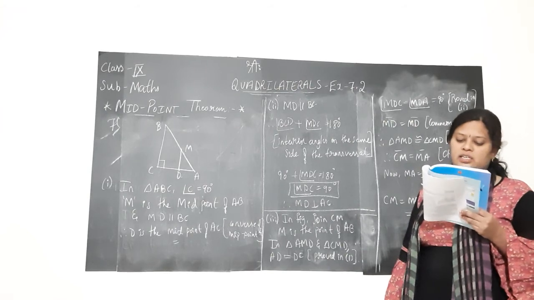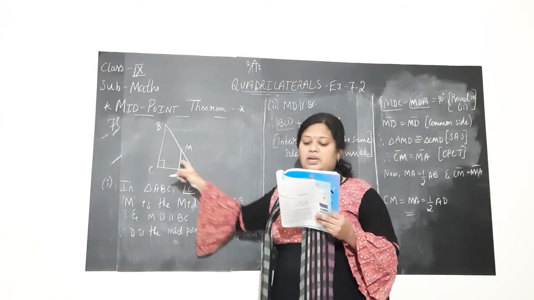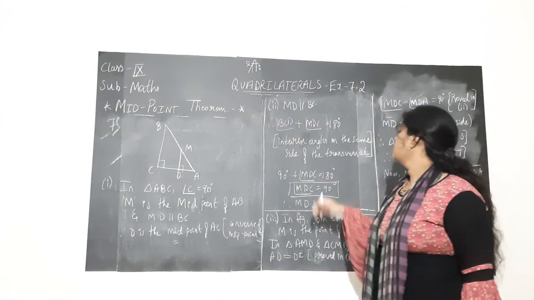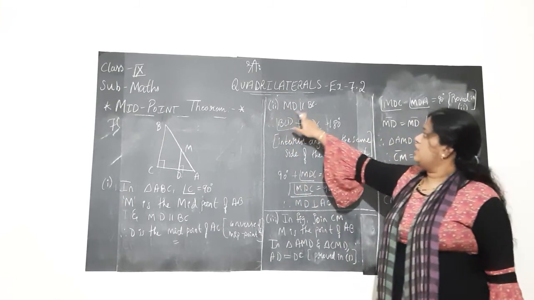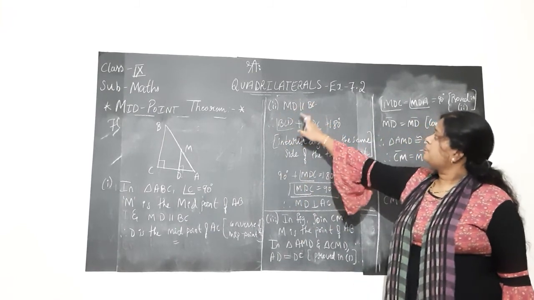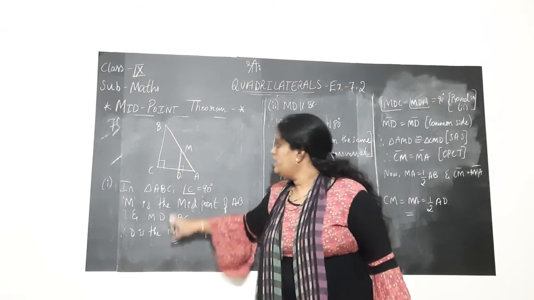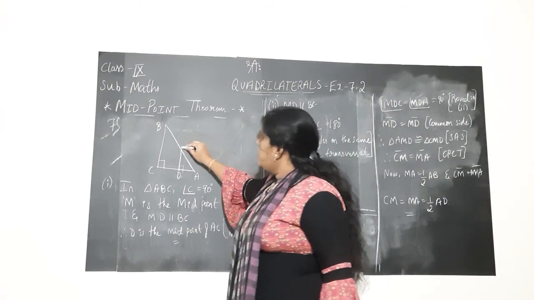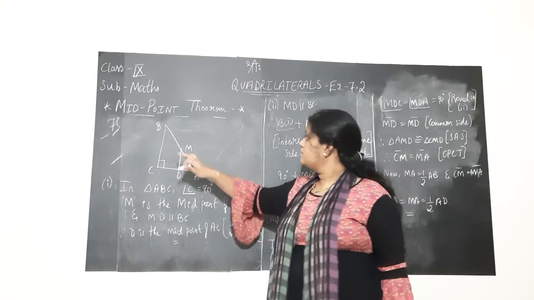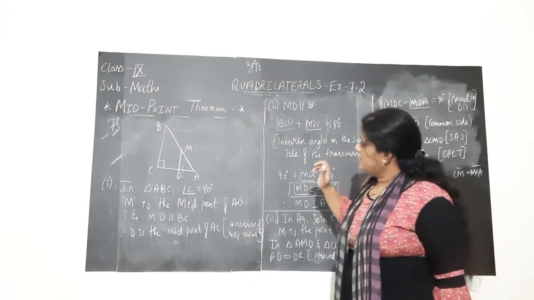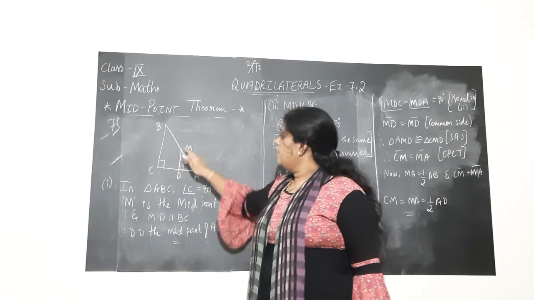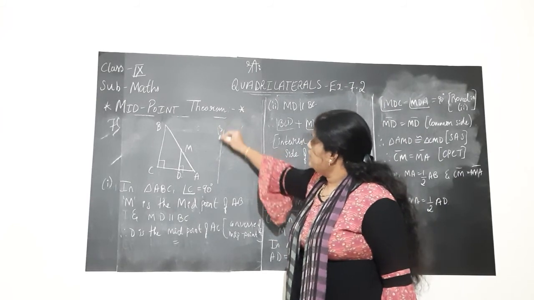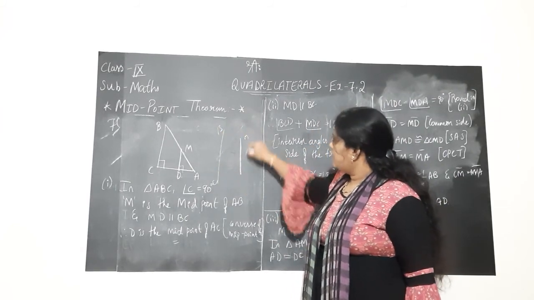In the second sub question, they are asking us to prove this MD is perpendicular to AC, that is, angle D is 90 degree. Okay? So in the second sub question we know that MD is parallel to BC. That we just now proved, now we know MD is parallel to BC. Now if you check, children, this angle MDC plus angle BCD,